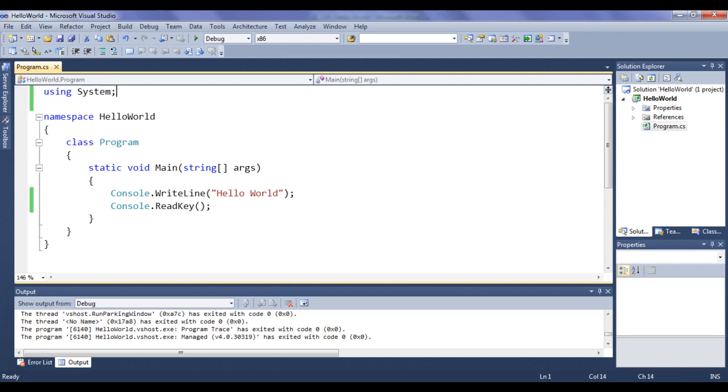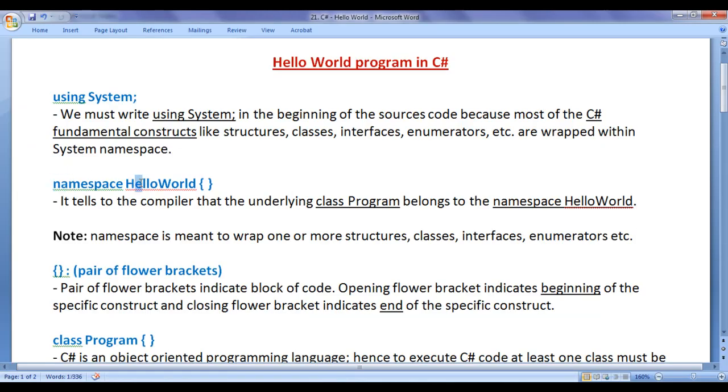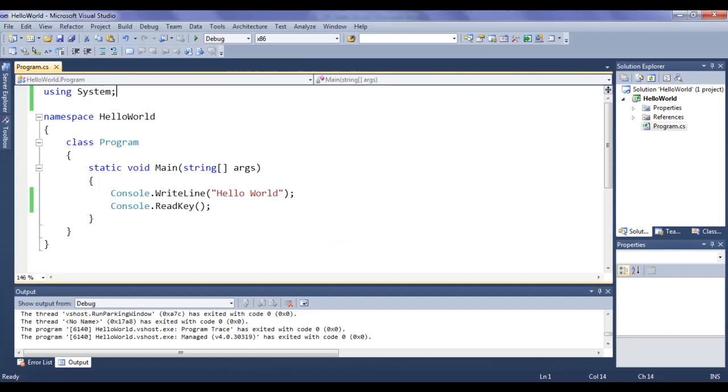Let's proceed further. We have namespace Hello World, opening flower bracket, closing flower bracket. It tells the compiler that the underlying class program belongs to the namespace Hello World.